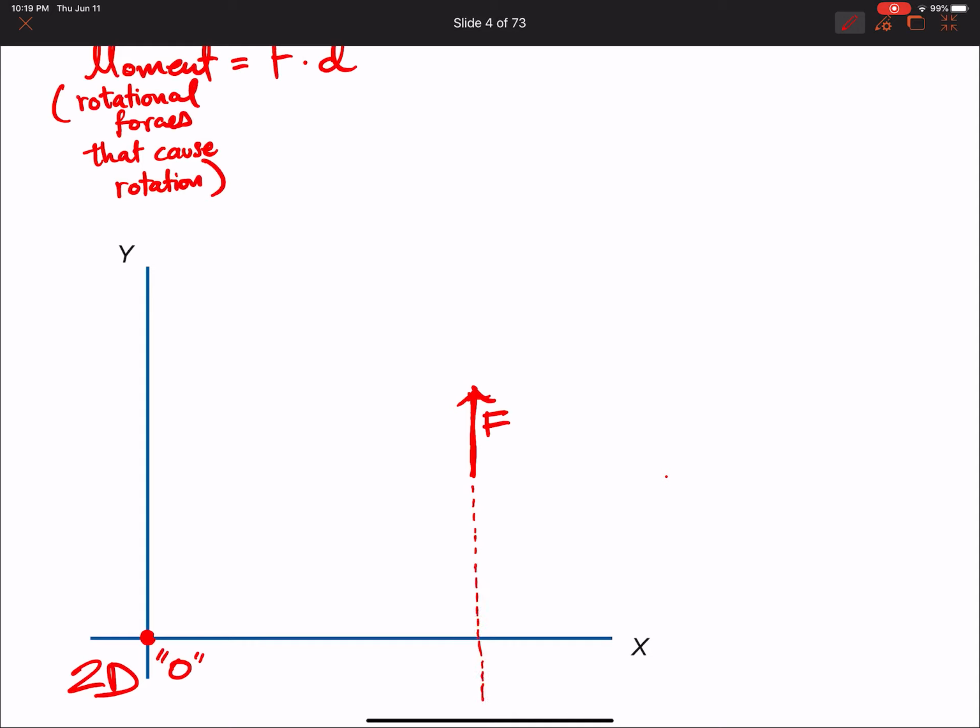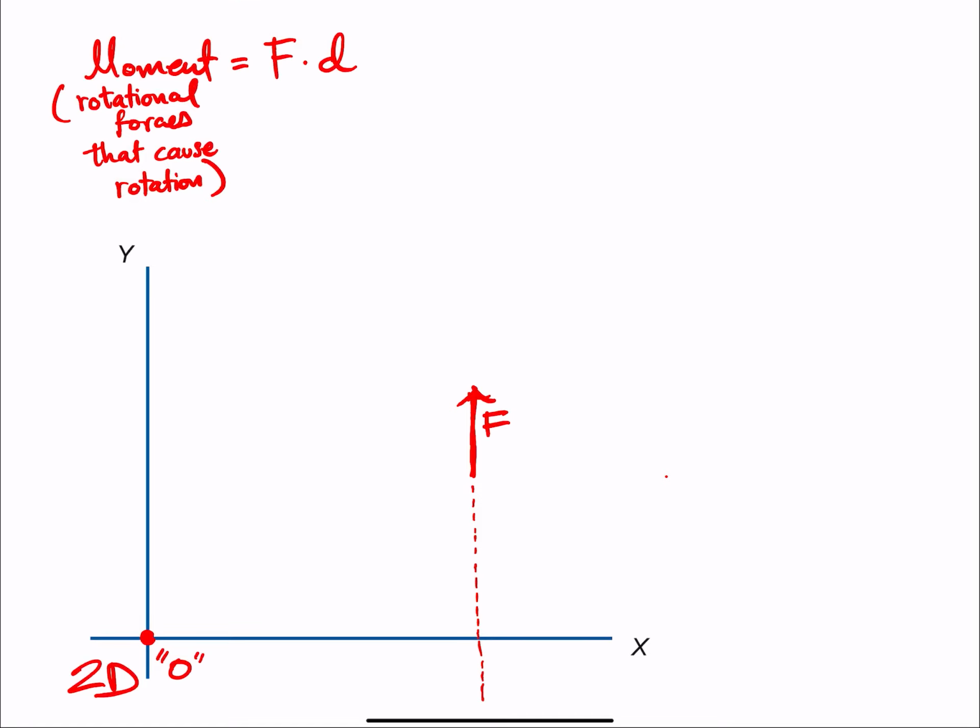And the distance we are going to use in the formula, right? This distance in the formula has a very particular definition. Moment is equal to the force times the distance, but that distance is going to be the shortest distance